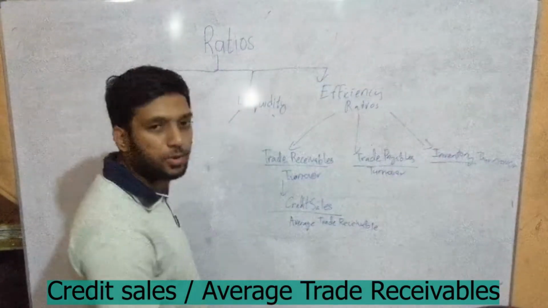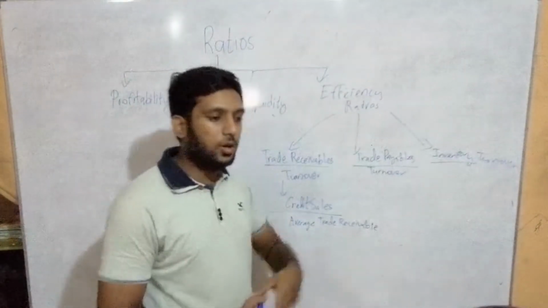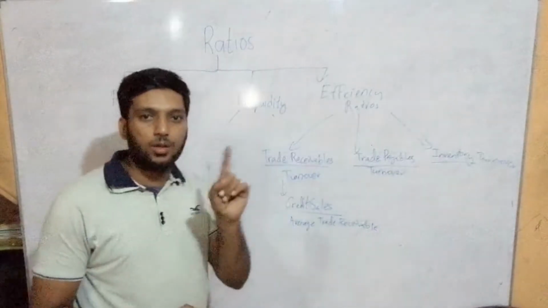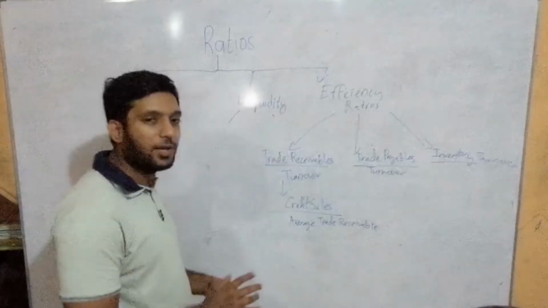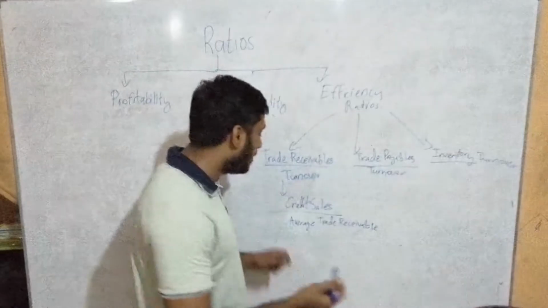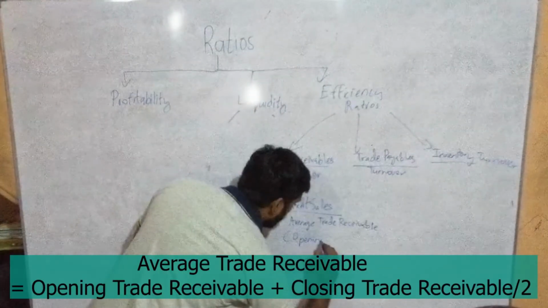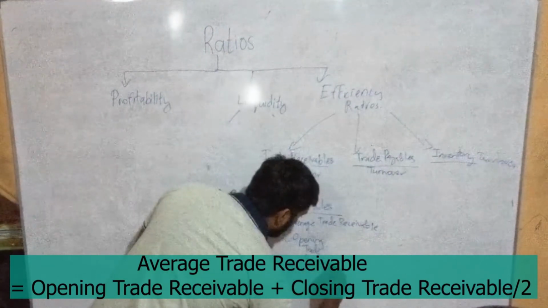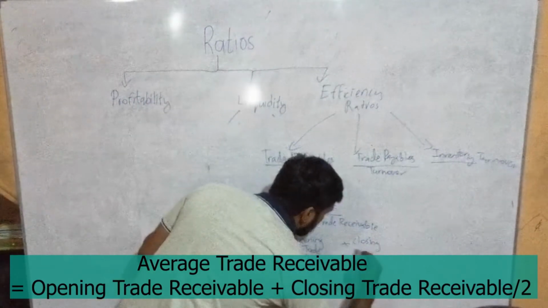Now you might think, okay, do I need to multiply by 100 like on profitability, or find benchmarks like on liquidity? Do I need to do the same thing for efficiency? No guys, you don't do that. Don't do that blunder. What you need to do is find the number of times, how many times it takes for you to sell the product. Average inventory and average trade receivables can be found. Opening trade receivables, I'm sorry if I'm so fast, plus closing trade receivables.